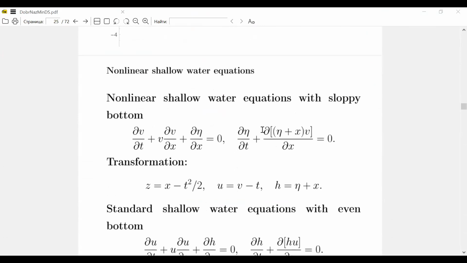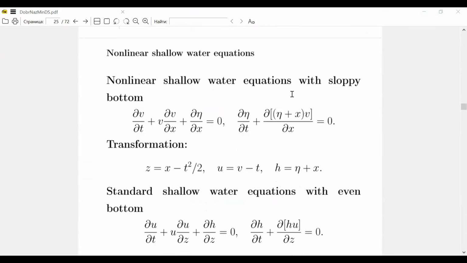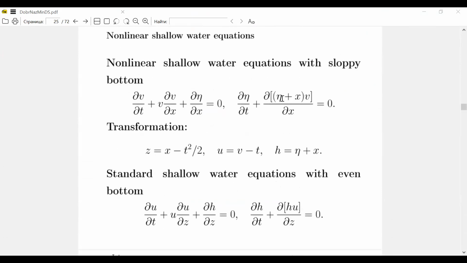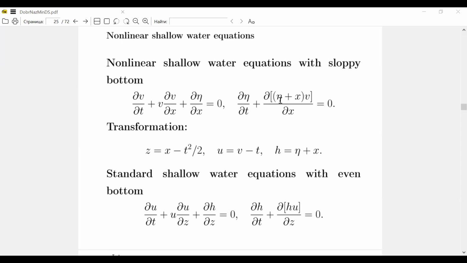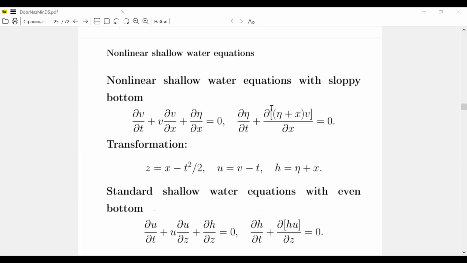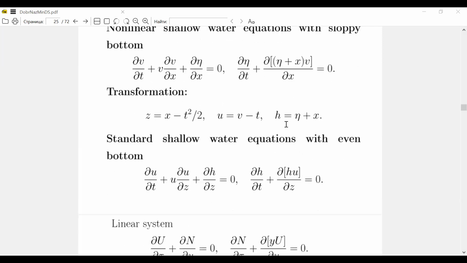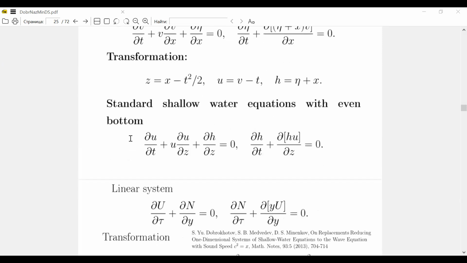Gentle, sloping. Gentle, maybe sloping. Преобразование, как он называется, годографа. Yes, it's possible to connect the Carrier-Greenspan transformation with the hodograph transformation and construct also reduce the standard shallow water equation